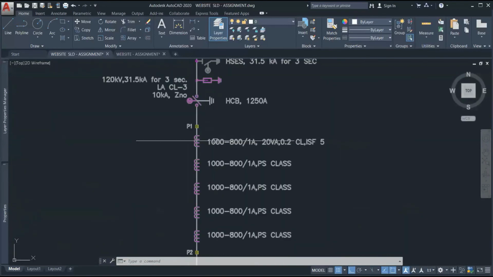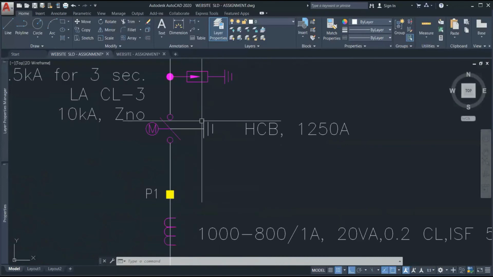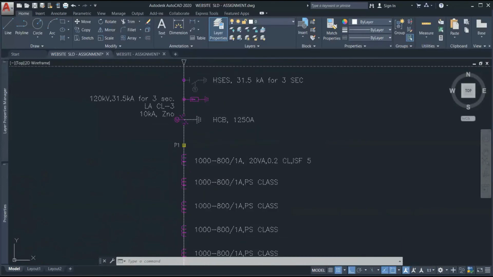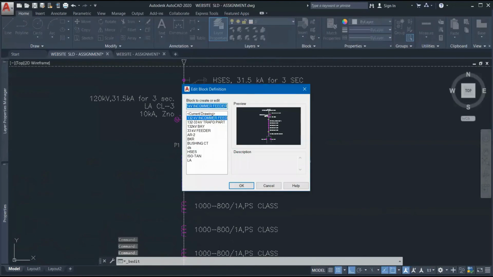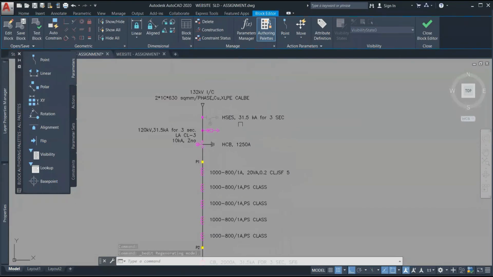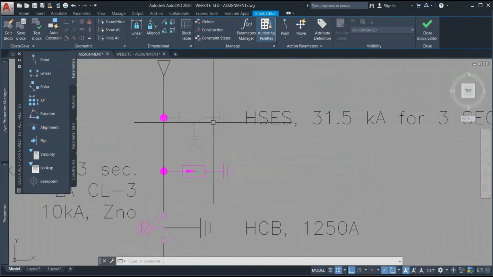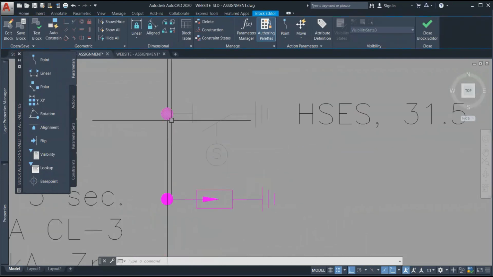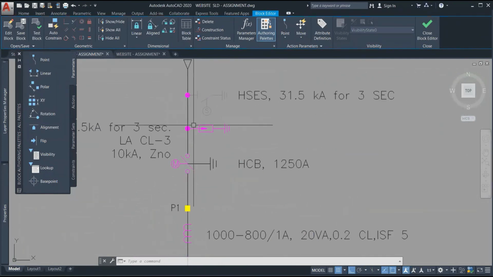Every element is different. Then you have to click on that particular object. Like if I go inside this block, the block is a bit advanced, so I'm not explaining that in this session. If we have another session, we can do that. If you want to select this LA, right?